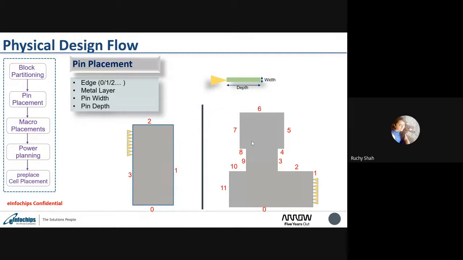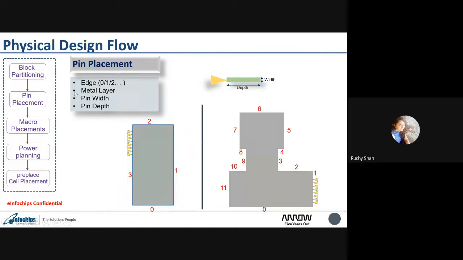Moving to the next slide, which is pin placement. Once your block shape is defined, we need to place the pins. For placing pins, we need an edge number where we want to place any pin. The pin is nothing but a metal layer which is going to connect to another block.